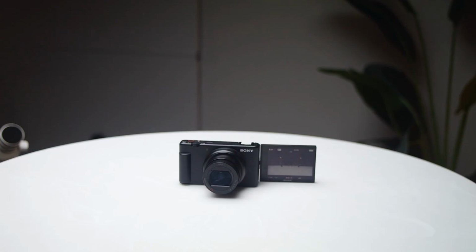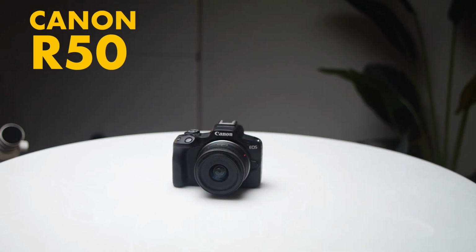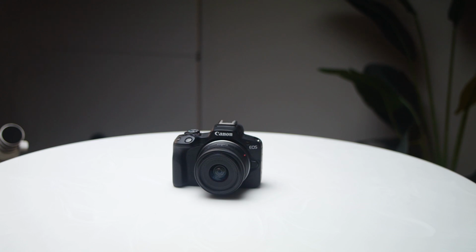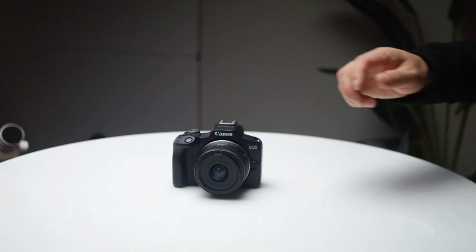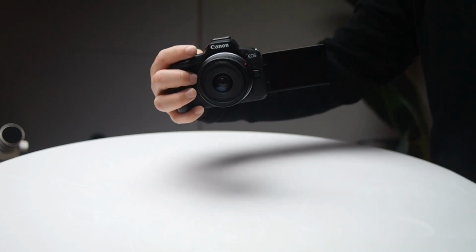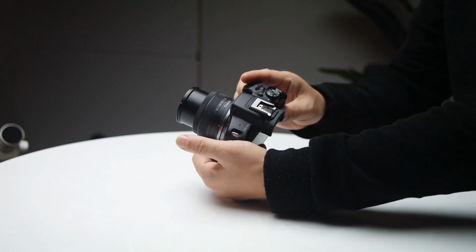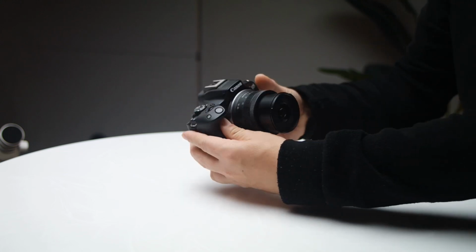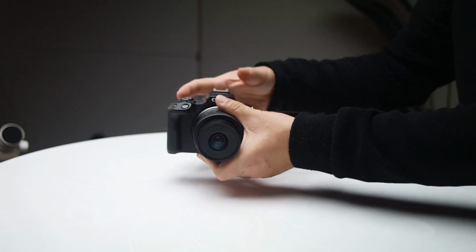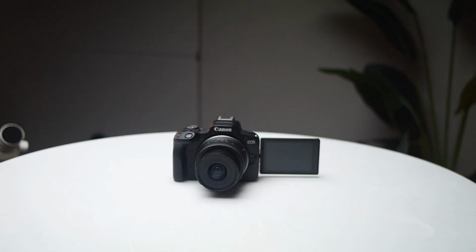So next on our list, number 4, is the Canon R50. The Canon R50 is around $749 US with an 18-45 kit lens. The specs are a 24.2 megapixel APS-C or crop sensor CMOS sensor with a DIGIC X image processor, Ultra HD 4K 30p video recording, Dual Pixel CMOS AF II with 651 focusing points, and a 2.36 million dot electronic viewfinder and